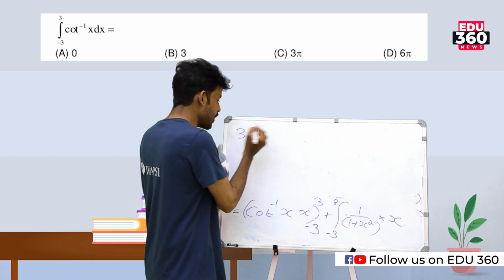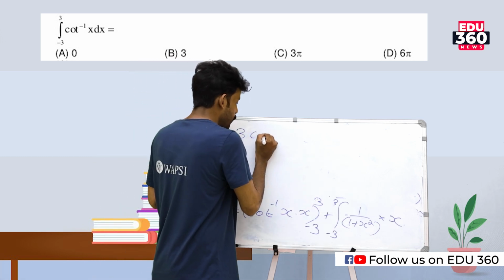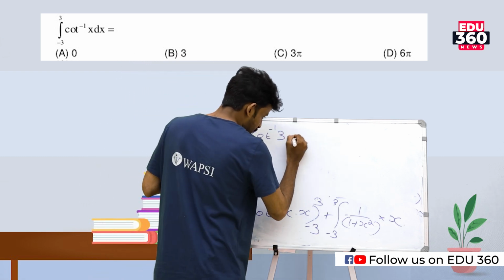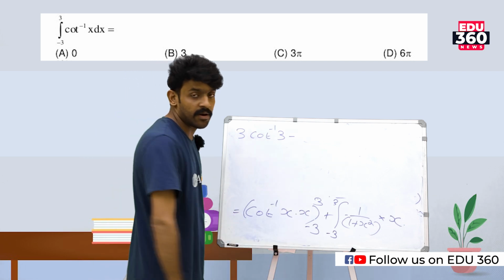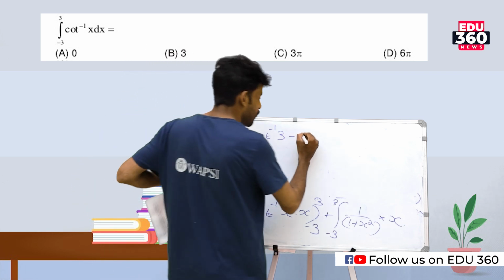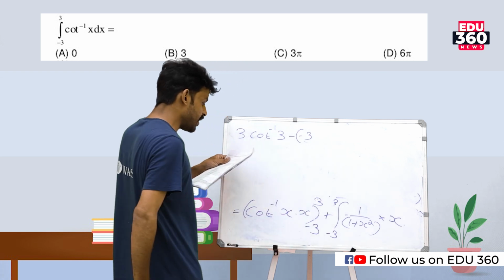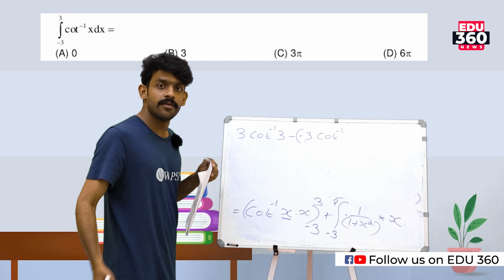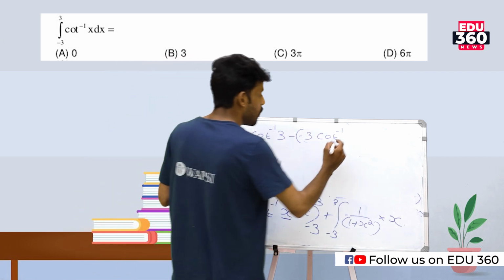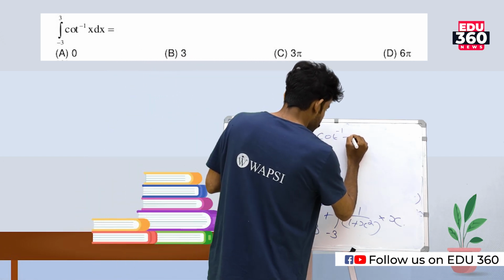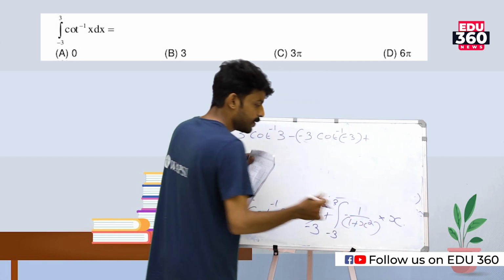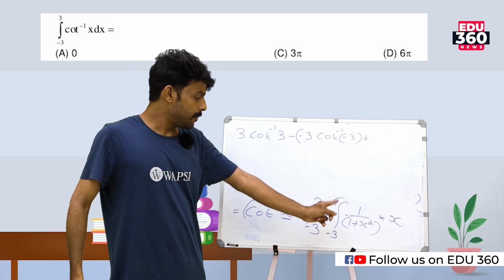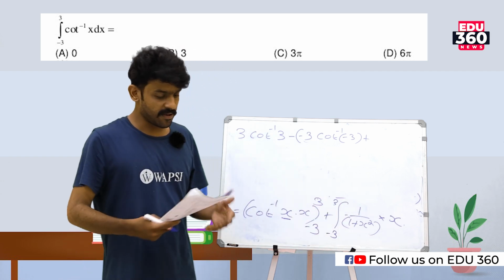That is 3 into cot inverse 3, minus the lower limit, where x is equal to minus 3, so minus 3 into cot inverse of minus 3. Plus, x into minus 1 by 1 plus x square gives